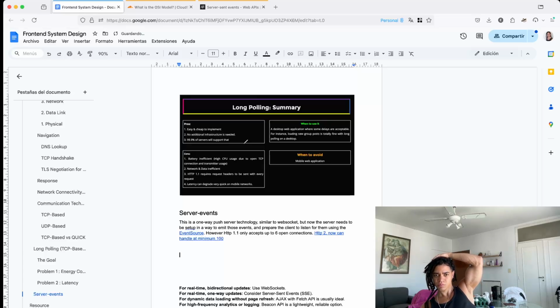And the summary for that is there are definitely pros for server-sent events because the connection is handled automatically. It's very battery efficient from the mobile device perspective, and it doesn't send any overhead data. And the horizontal scaling of your infrastructure is much easier when you use the server-sent events. The cons, though: